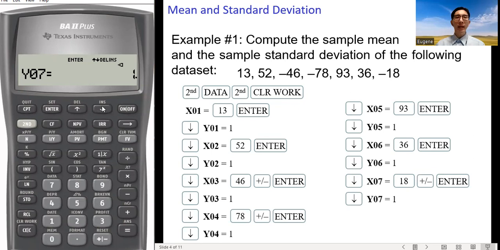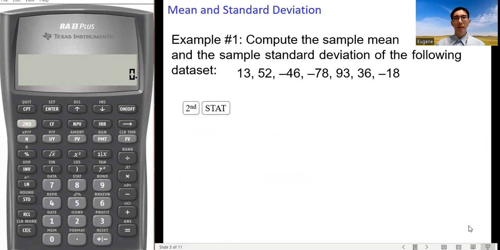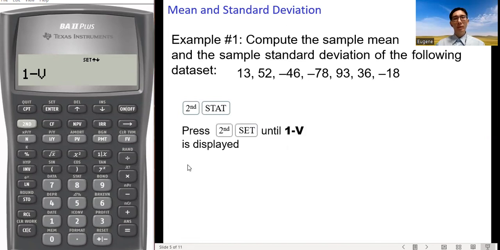All the data values are entered. We can quit the data worksheet by pressing second and then quit. And then activate the statistics worksheet by pressing second and then STAT, the number 8. Choose the 1V function. And then we can get the descriptive statistics.